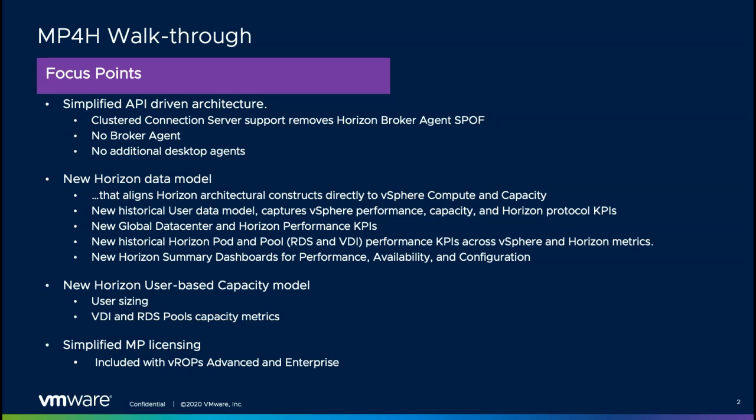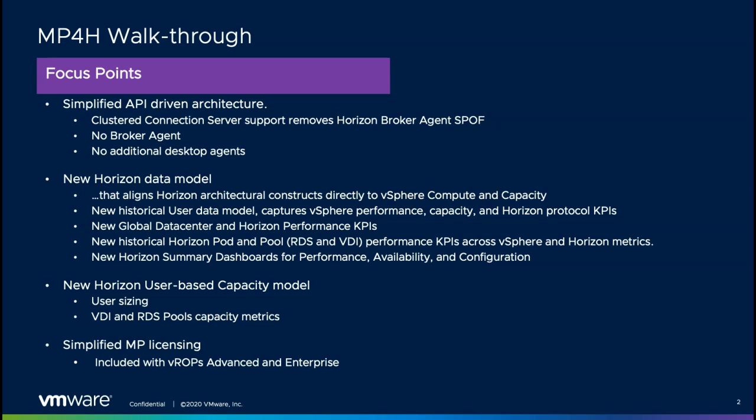And the other thing that we've done is we've simplified the overall management pack licensing. So in the past, there were two separate licenses. There was a license for the vRealize Operations for Horizon adapter, so it had a single license. And then there was also a secondary license to unlock the vRealize appliance. This actually led to a lot of confusion within customers as to which license they needed to apply. It added complexity to how they did troubleshooting. So if one license wasn't working, certain pieces of data weren't being collected, and it actually created issues from an